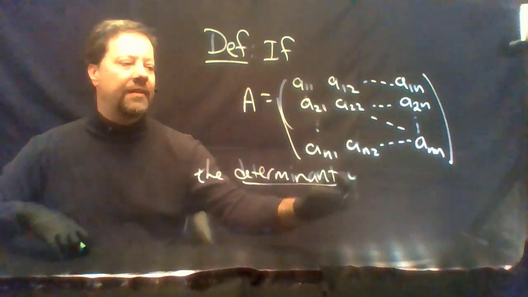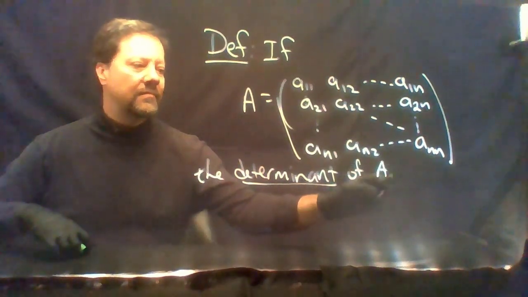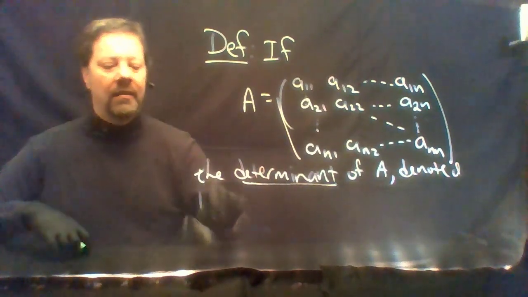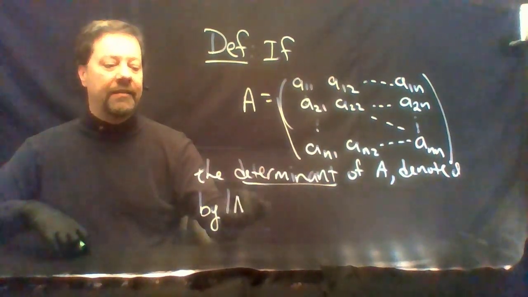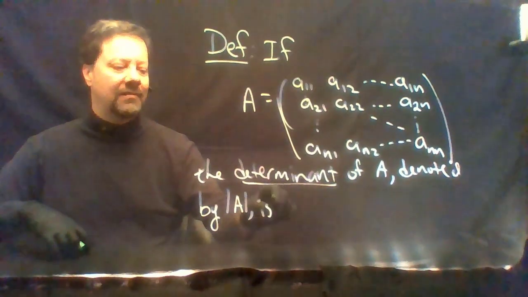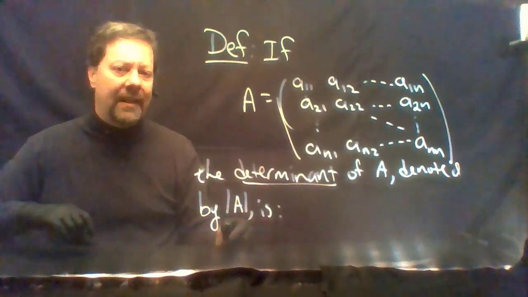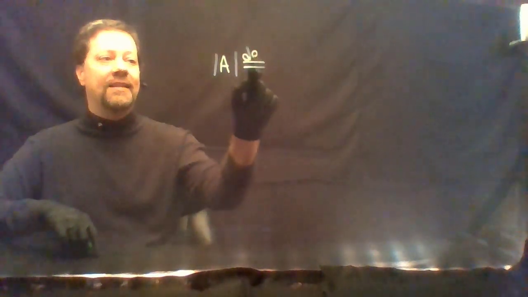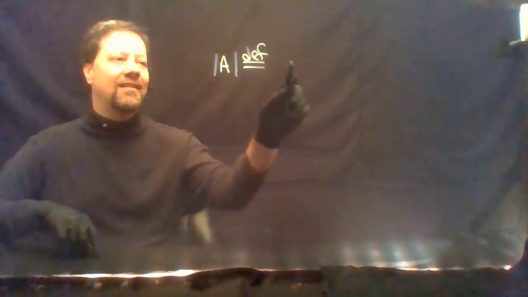The determinant of A, denoted by flat bars on each side, is defined as follows. The determinant of A is, by definition,